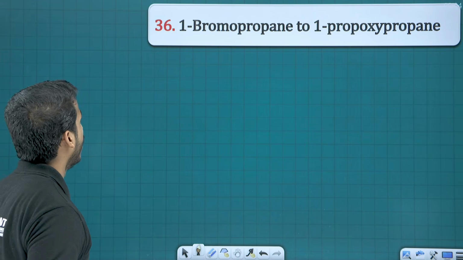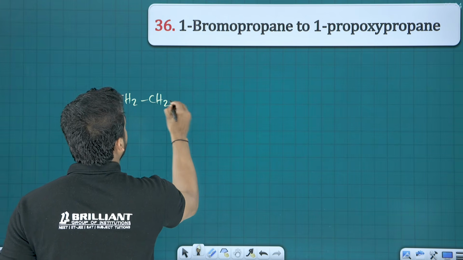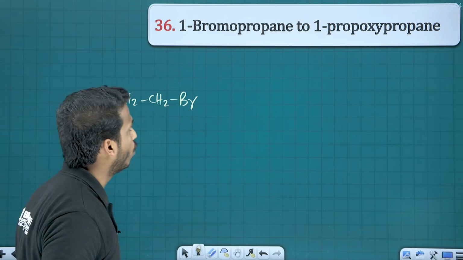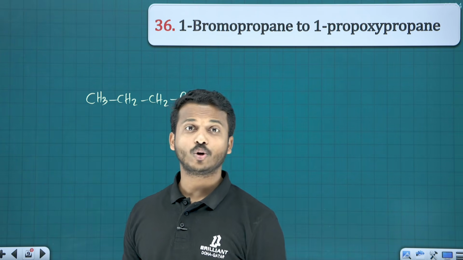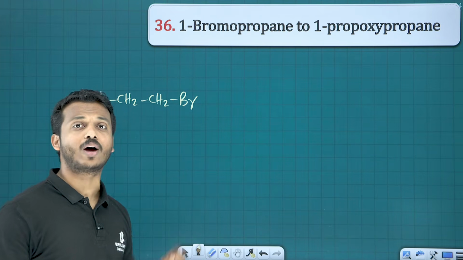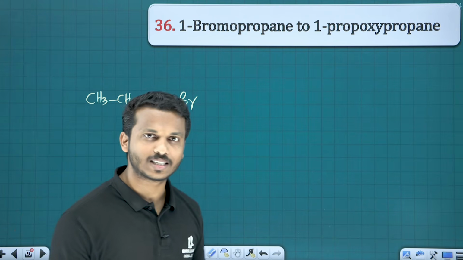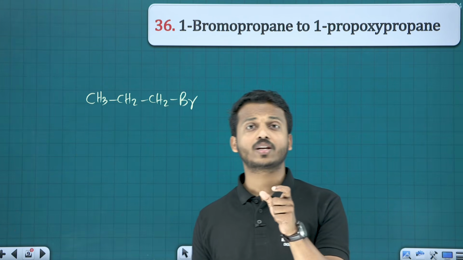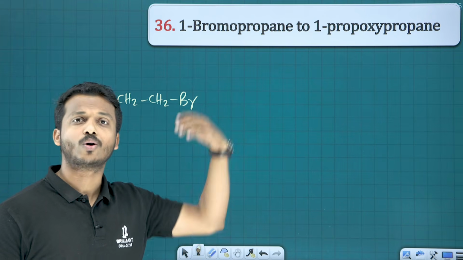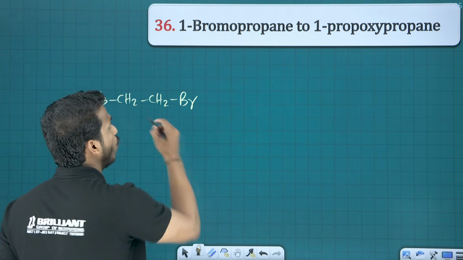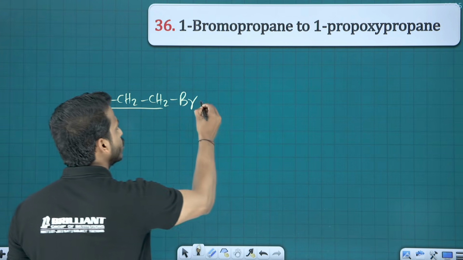Question number 36. Let me take the compound 1-bromopropane. 1-bromopropane to 1-propoxypropane. 1-propoxypropane is an ether, right? How to get ether from a haloalkane? Williamson ether synthesis. What is Williamson ether synthesis? When a haloalkane reacts with the sodium alkoxide in dry ether, we get an ether: propoxypropane, ethoxyethane, any ether can be prepared. So if you want propoxypropane, one propyl is already there in the haloalkane. So use the next one,